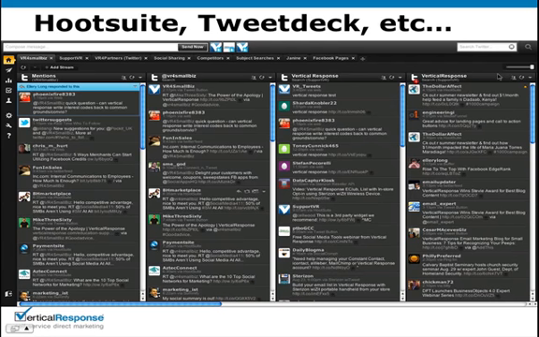They each have their benefits and their shortcomings, but overall, they all do the same thing, which is allow you to add multiple accounts across multiple social networks. Which ones they support varies, but only a little bit here and there.